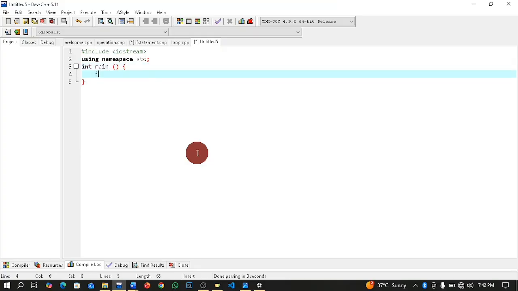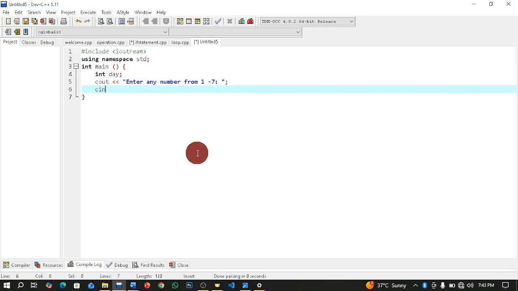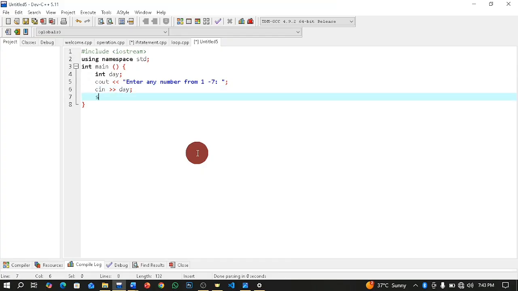Then the first thing we want to do, we'll say int day, because we'll tell the user to enter any day of the week. So cout, we'll say enter any number from 1 to 7. So any number the user enters, we're going to display the days of the week. So we'll say int day, we are receiving it now, semicolon. Next thing we are going to say switch,